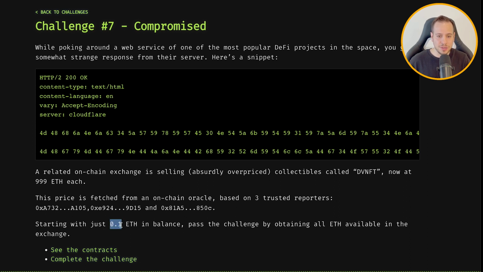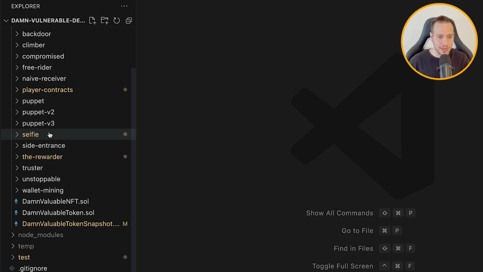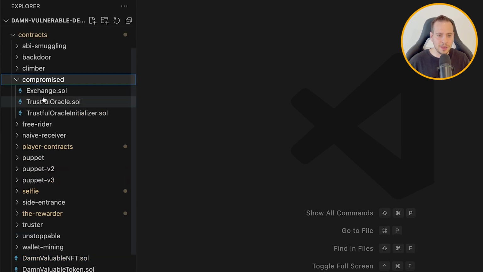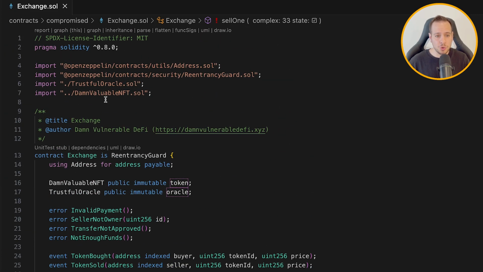So the first thing I want to do is jump into the smart contract as always and see how they look. So we're gonna go through compromised, and here we have 3 smart contracts: Exchange, Trustful Oracle, and Trustful Oracle Initializer. Let's start with the Exchange, which is the contract that we need to somehow manipulate. So we need to understand how it determines the prices and how we can somehow steal the money from this exchange. We see that it's an updated Solidity version, 0.8. We use ReentrancyGuard by OpenZeppelin, and we import the whole Trustful Oracles contract and the Damn Valuable NFT contract,